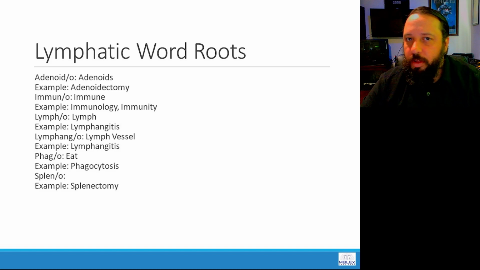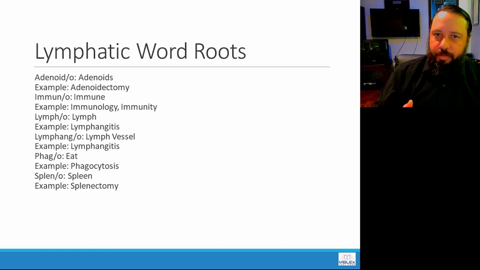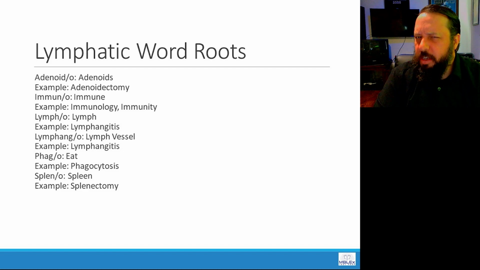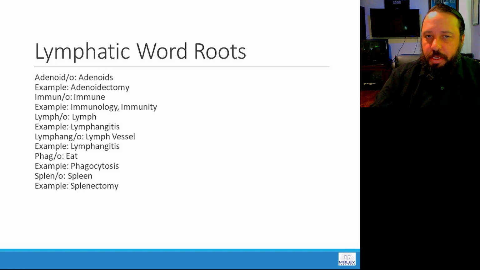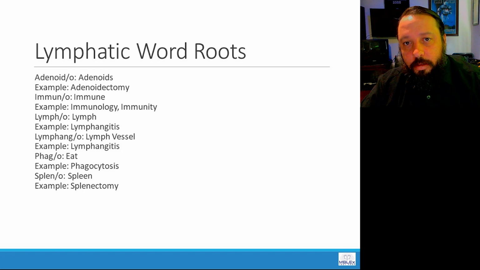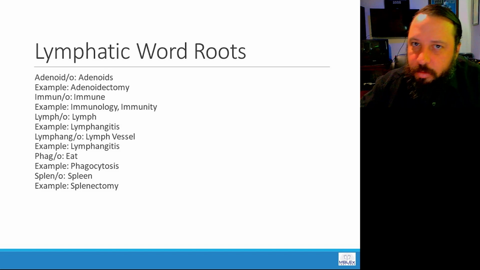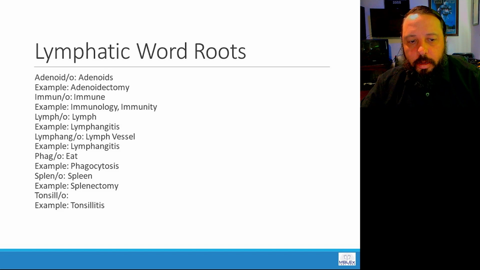Splenectomy is removal of the spleen. Okay, so splenectomy, surgical removal of the spleen. So if you have a lacerated spleen, or a ruptured spleen or something like that, you could be losing a lot of blood internally, so you have to get the spleen out of there. You can live without a spleen. You can live without the majority of your organs. Weird to think about, but you could. Anyway, spleen. Okay, moving on.